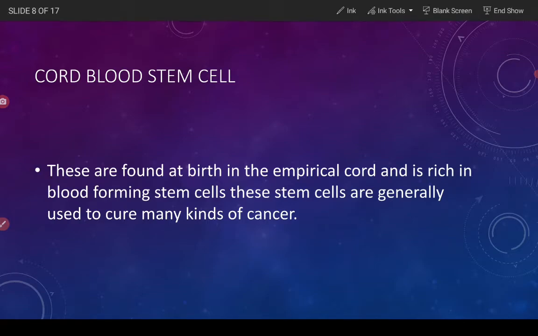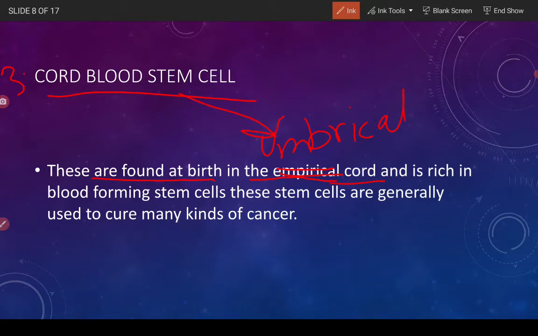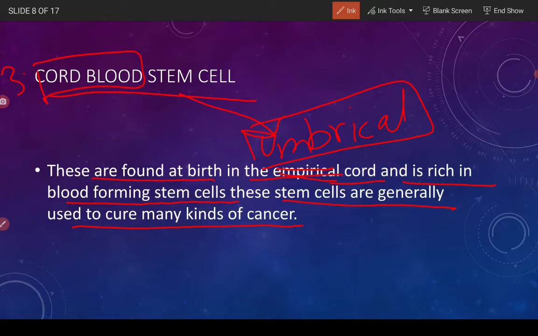Now cord blood stem cells, these are also a kind of stem cells. These are found at birth in the umbilical cord. These cord blood cells are found in the umbilical cord and are rich in blood forming stem cells. These stem cells are generally used to cure many kinds of cancer. So the umbilical cord after birth has many of these cord blood stem cells, and they can form